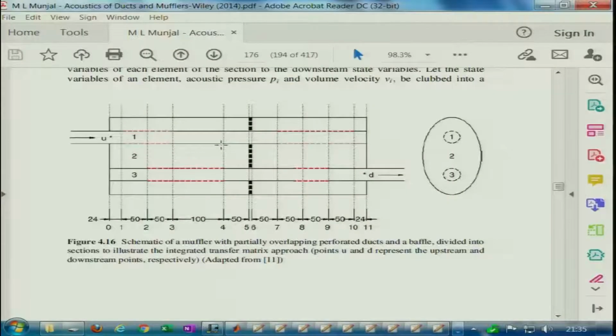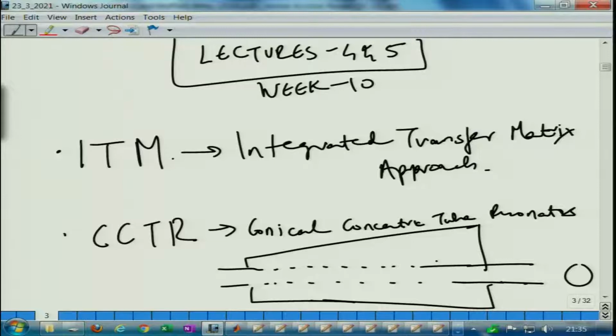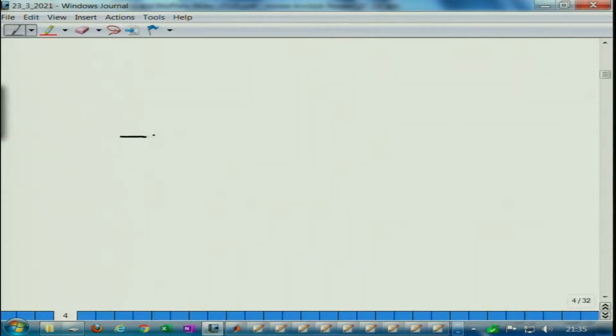So, once that is done, you can obtain the transmission loss performance, and one can go down to low frequencies like up to 600-700 hertz and so on. So, with this I will end this particular topic here and focus on the conical concentric tube resonator mufflers right now. So, let us briefly talk about this CCTR muffler configuration, where when you have such a kind of a thing,